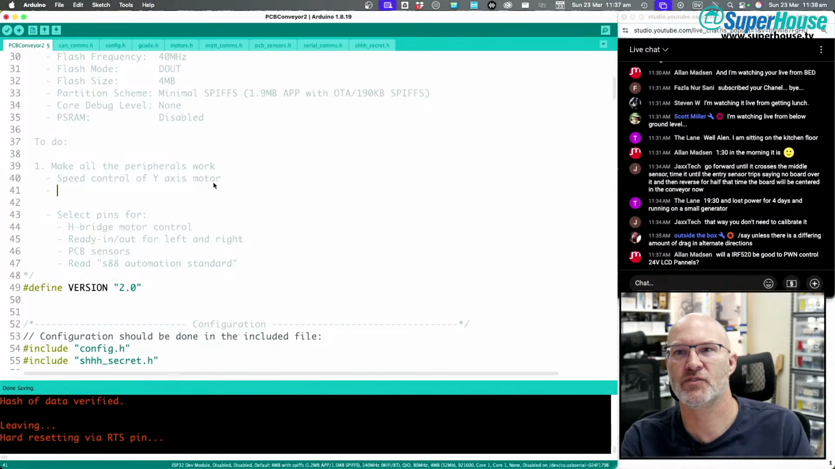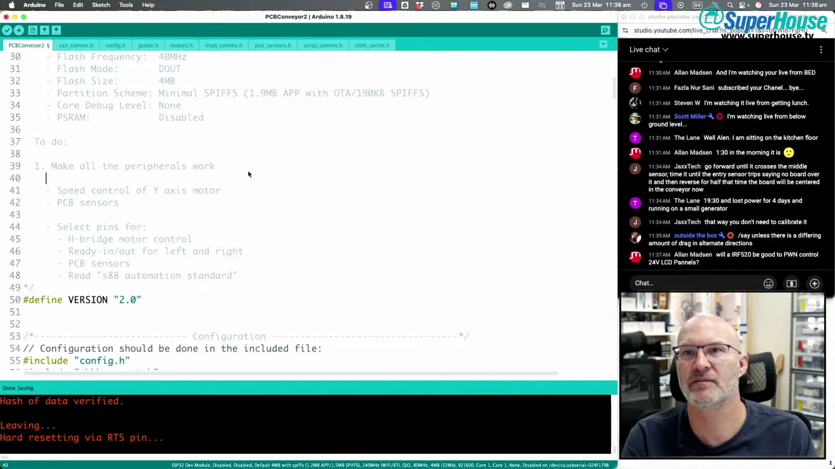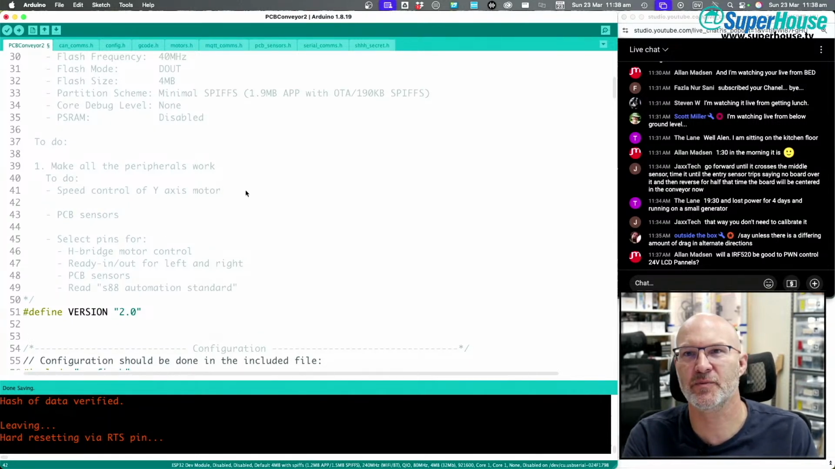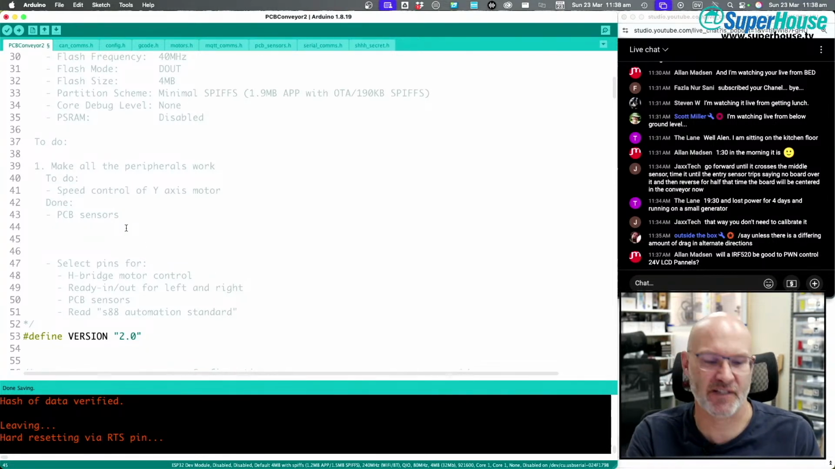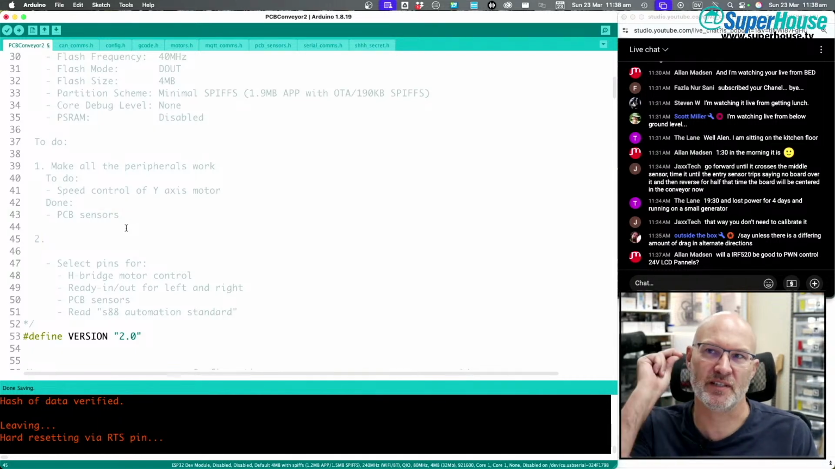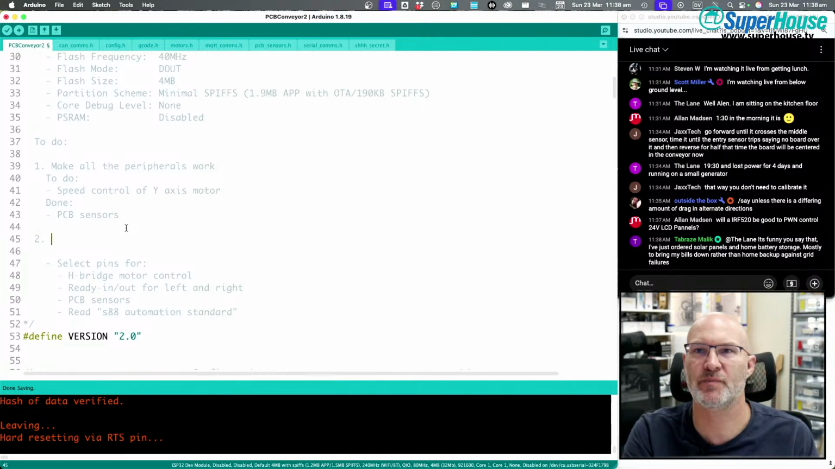I need to PCB sensors. To do, let's get a little bit of organization in this, PCB sensors. So it's a sub to do, inner to do. So we've got one, make all the peripherals work. Okay, let's do the top-down design approach here. Make all the peripherals work is step one. Step two is going to be